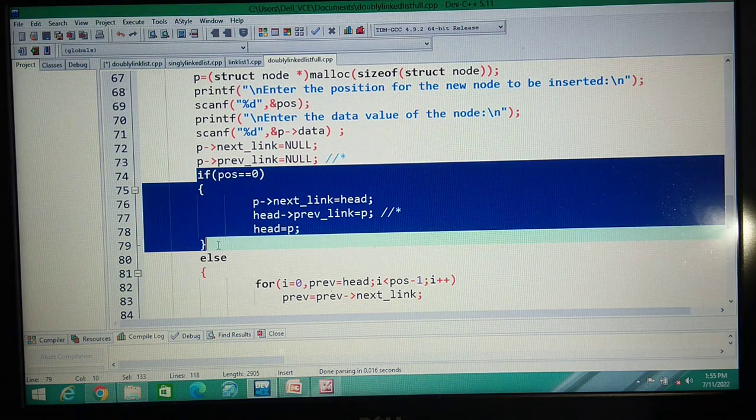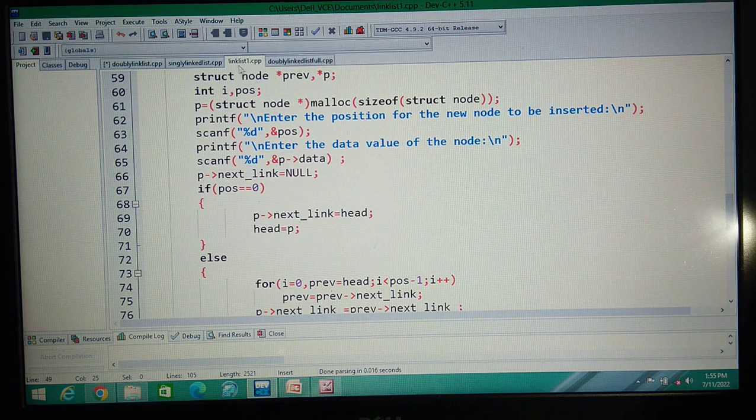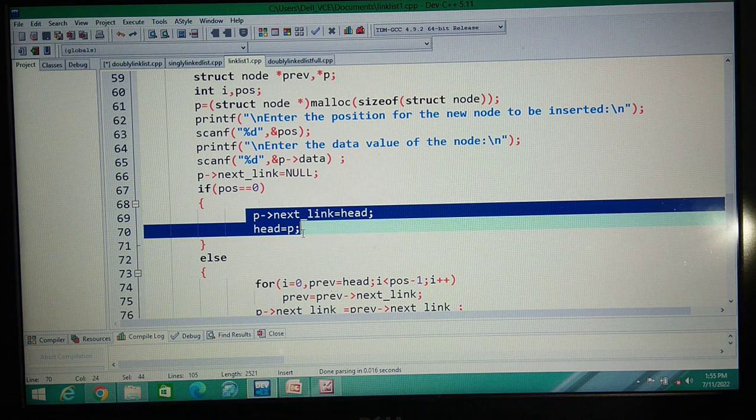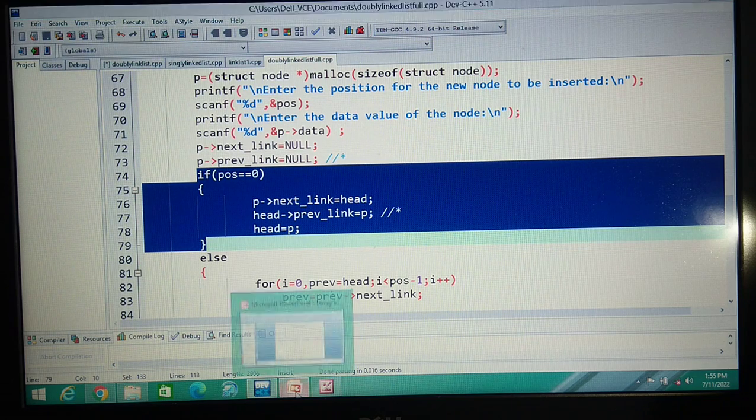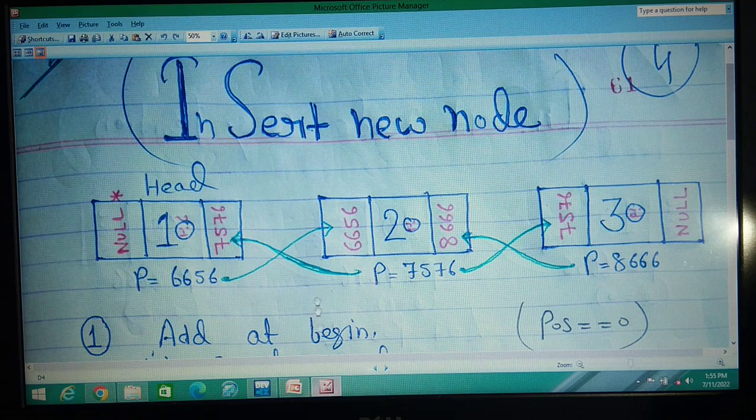We will teach you only 3 lines this time. You can see in the linked list there were 2 lines and here only 3 lines. We have added only 1 line whenever you want to add a node at the beginning. So now we will start.